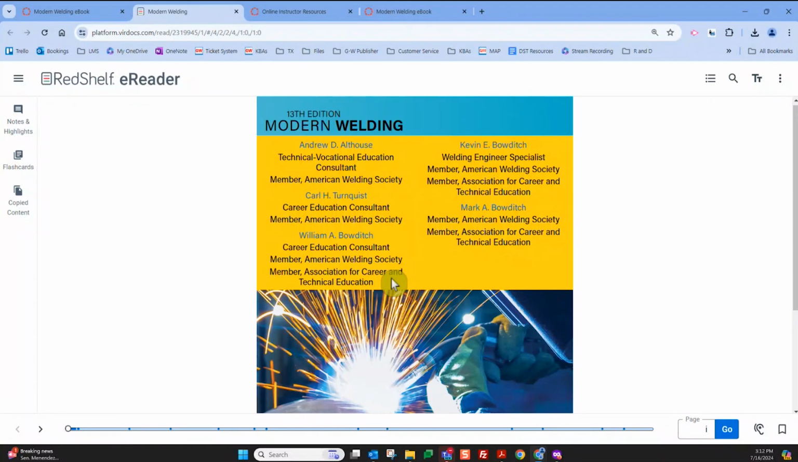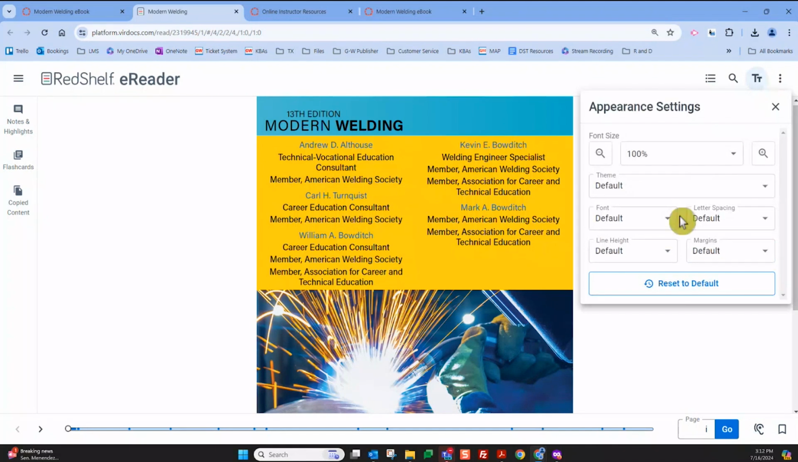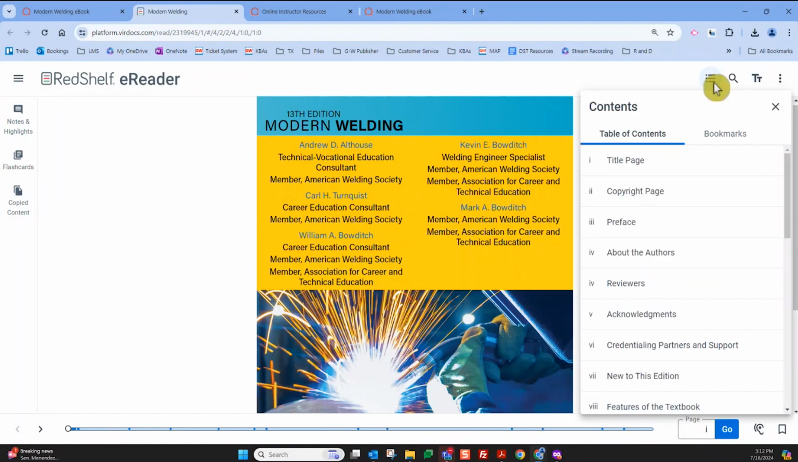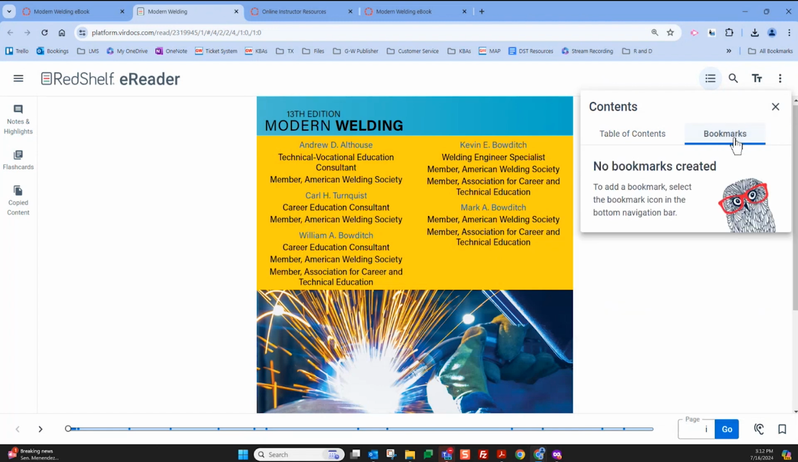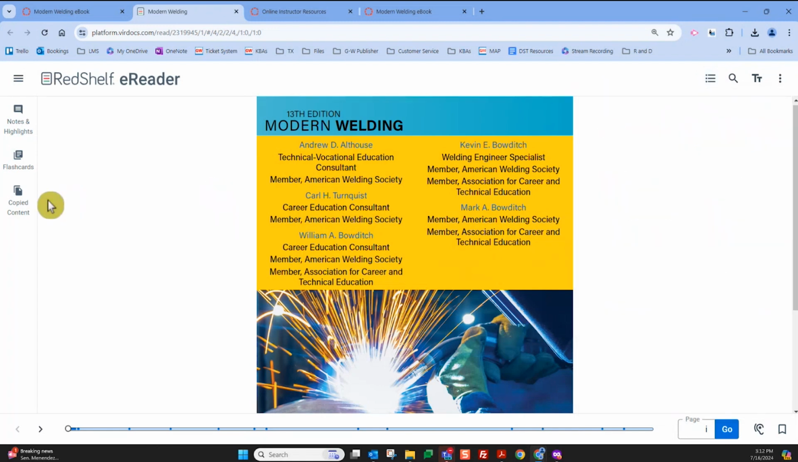Lots of accessible features. We have text to speech down here. You have the ability to change the appearance. You can change the background. You can change the text size and the font. You can also jump using the table of contents. You could jump to a different section of the book. Along the way, you can bookmark the pages, and then those will appear right here. No bookmarks are added yet. In addition, you will be able to